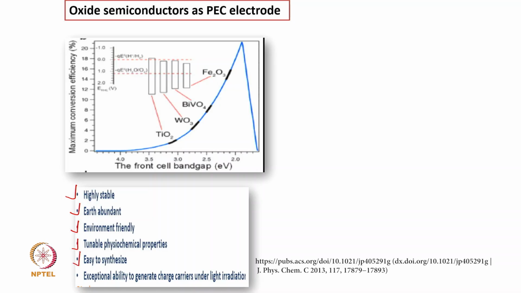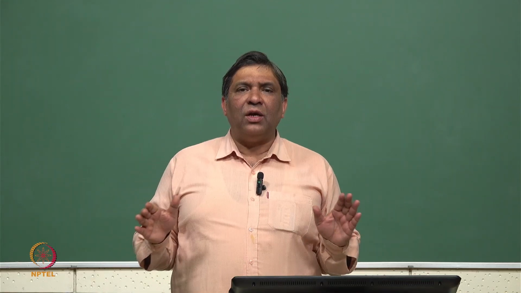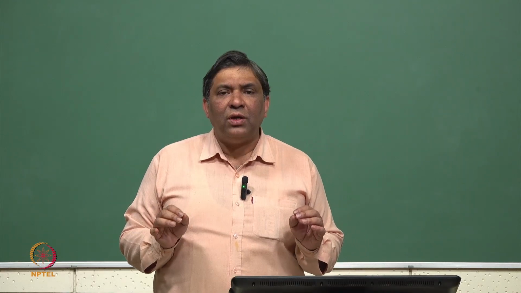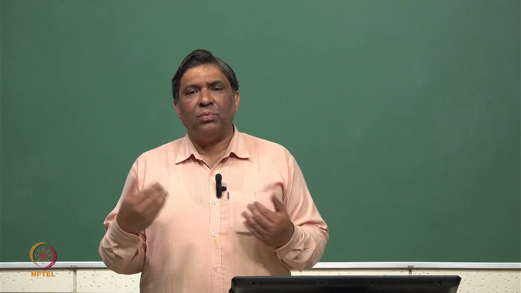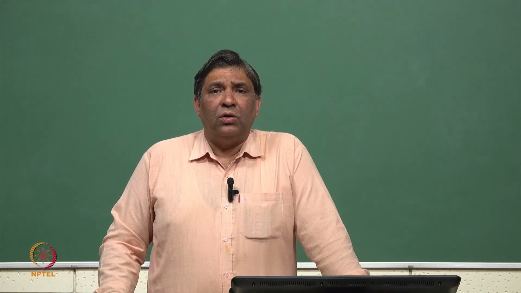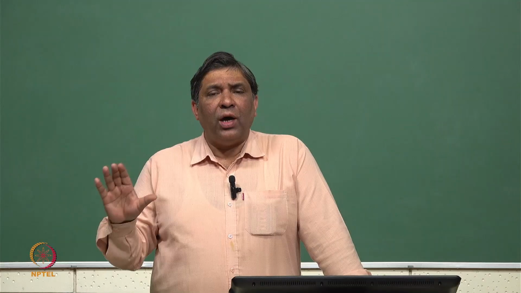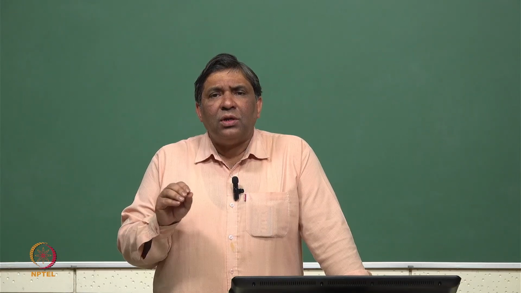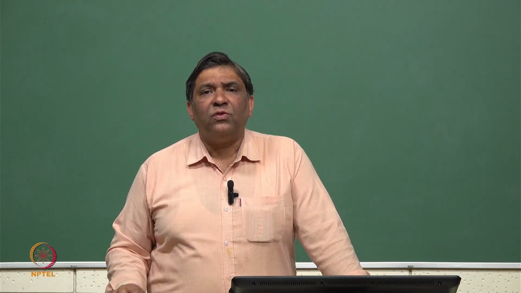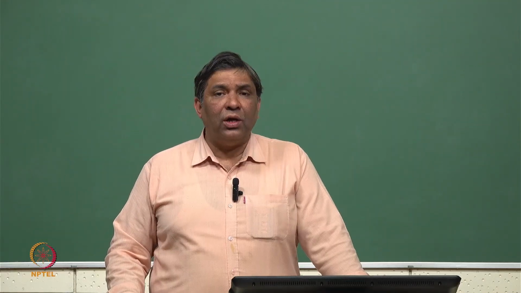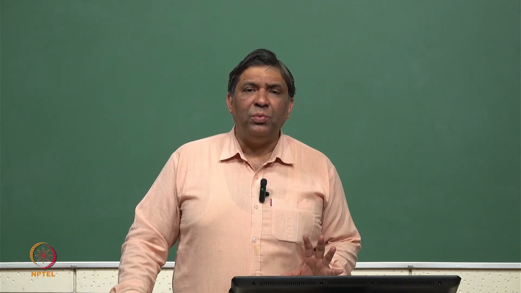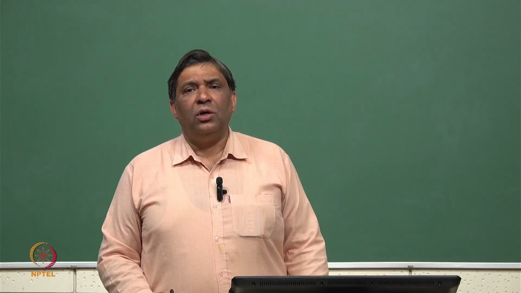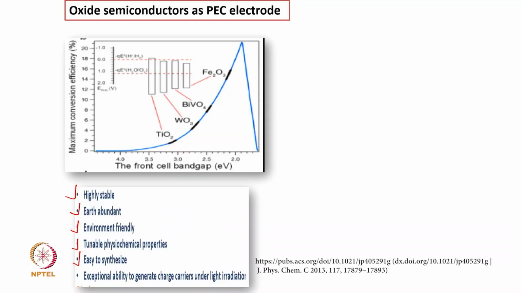And another is easy to synthesize. This is always important because when we talk about the entire PEC setup, we have a little bit of an idea at this stage about the photoelectrochemical setup. I will discuss the PEC setup again in detail in the next lecture. But whatever idea we have, there is one photoelectrode, one counter electrode, and electrolyte. So it is important that when we grow the photoelectrode material or counter electrode material, the synthesis process should be simple, so that we do not have a very involved method in making these electrodes.